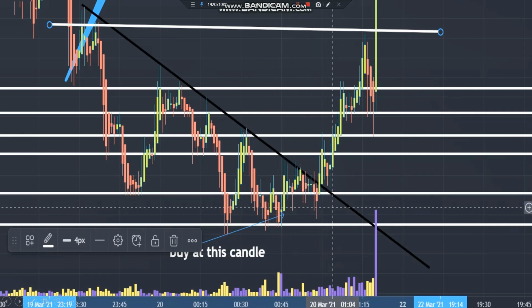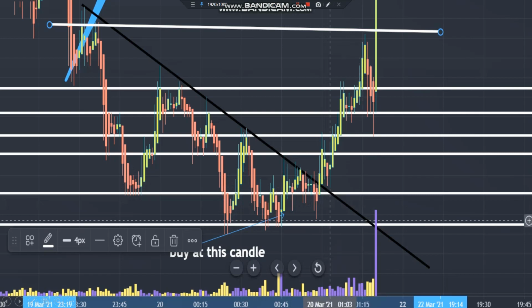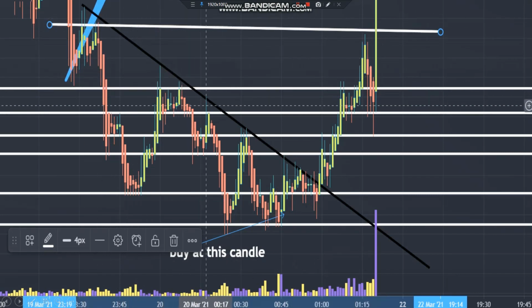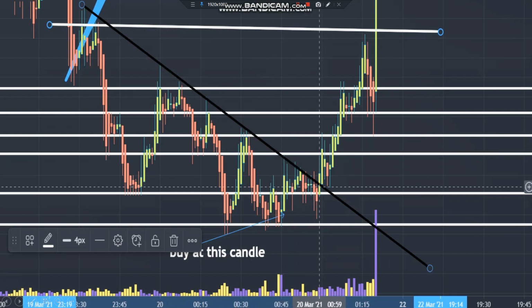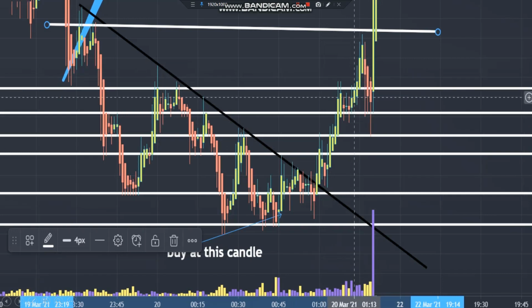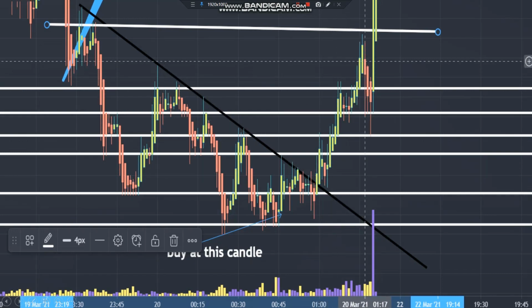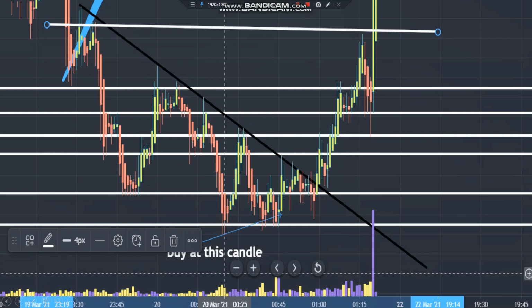Now the important thing is it could not break this trend line for so many candles. You see this, so many candles have not been able to break this trend line. After it has broken this trend line, look at the way it has moved out and look at the volume. This candle has been superb. Look at this candle. It is moving in such a nice way after breaking this trend line, and now it is rocking.